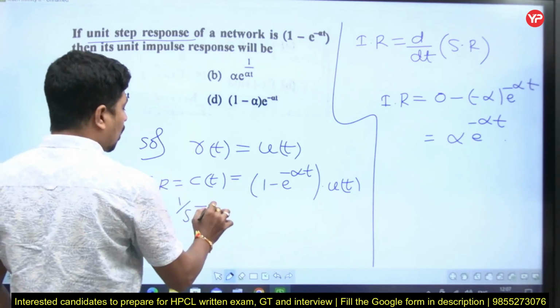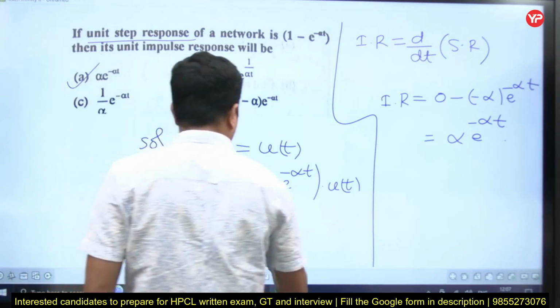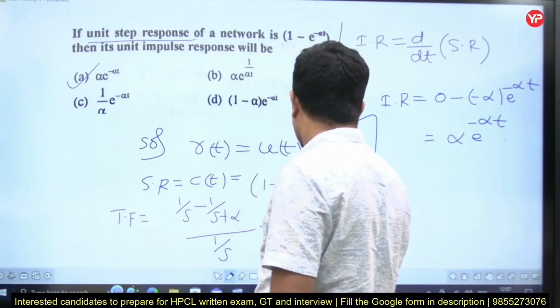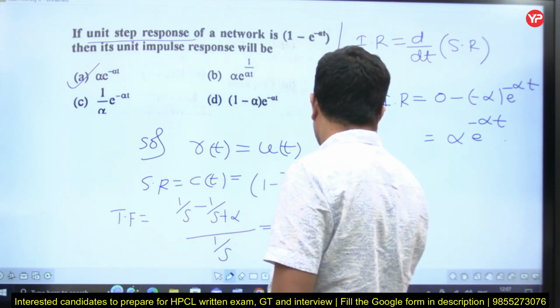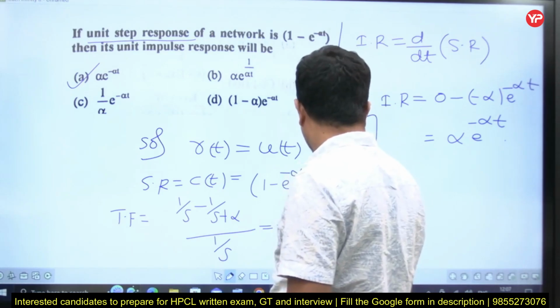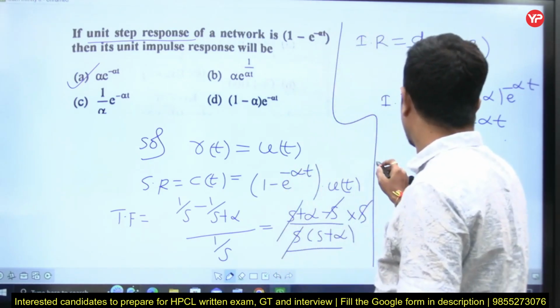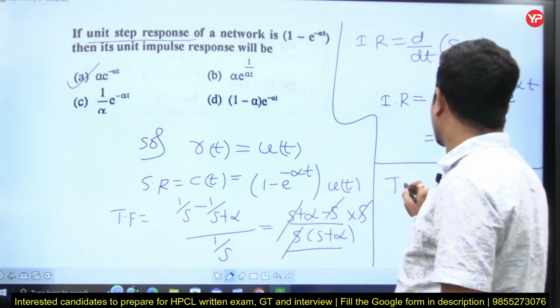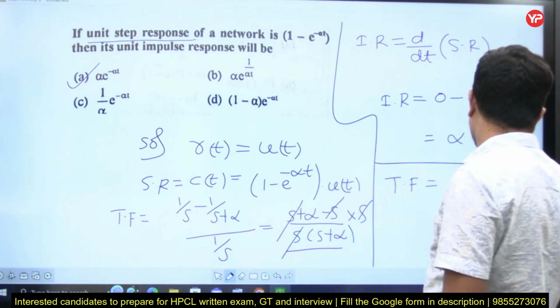My output is 1 by s minus 1 by s plus alpha, times 1 by s, that is equal to (s plus alpha minus s) by s into (s plus alpha), into 1 by s. In fact, the s is gone. So alpha by s plus alpha. So the transfer function I got is alpha by s plus alpha,